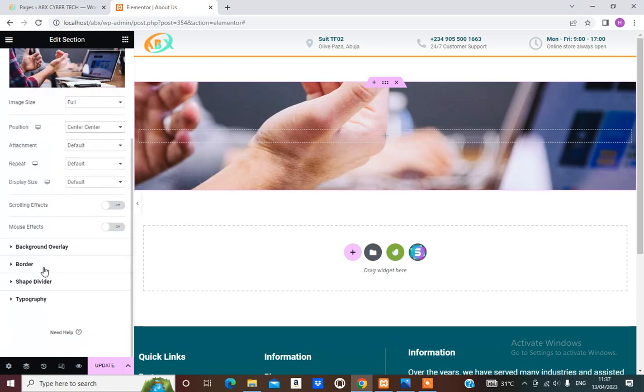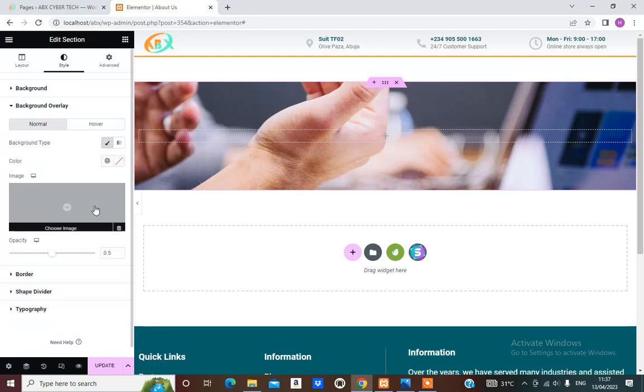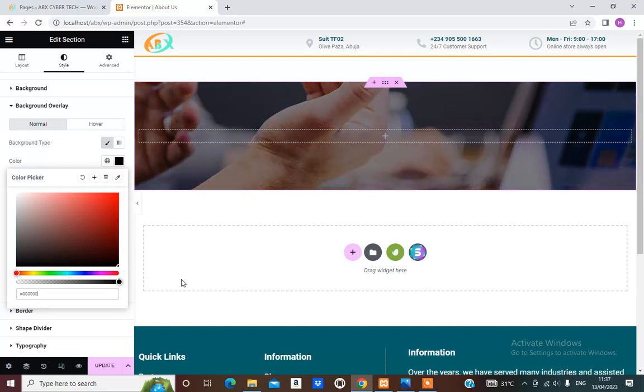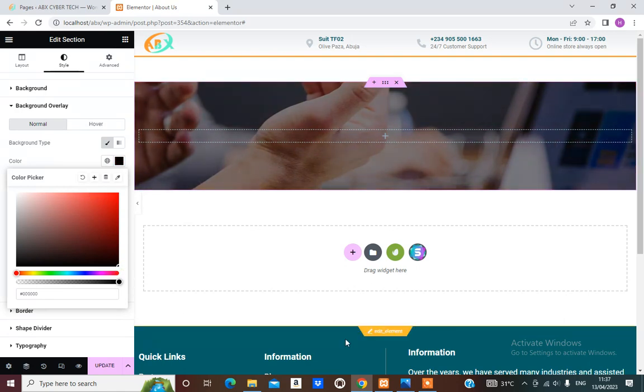Okay, so we can go to background overlay and give it an overlay of black. Right, that would be okay. So once that is done,